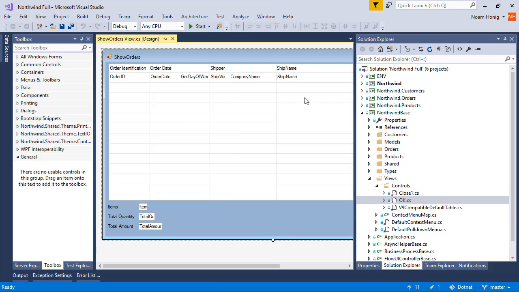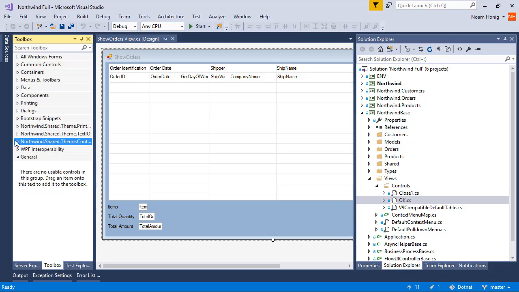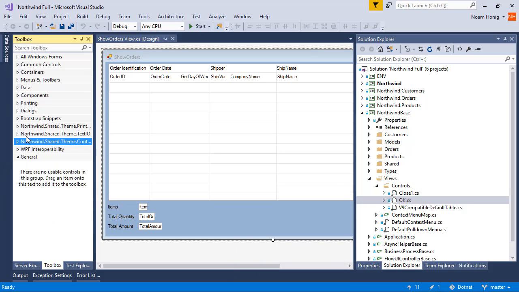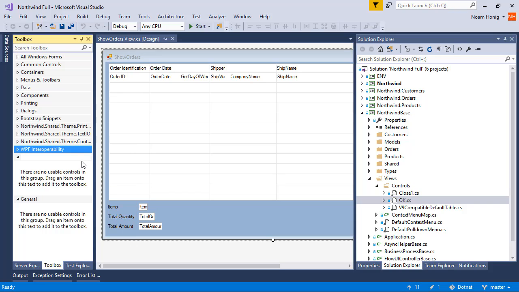Well, so far when we've designed our screen, we've used the toolbox and we've added these sections to the toolbox automatically using the Setup Toolbox option in the right-click menu of the phone. But now let's create our own tab and put in the controls that we want to have in it. So simply right-click here and say Add a tab, and I'll call it My Tab. I'll select it, and then I can just drag and drop controls from it from other tabs, or I can